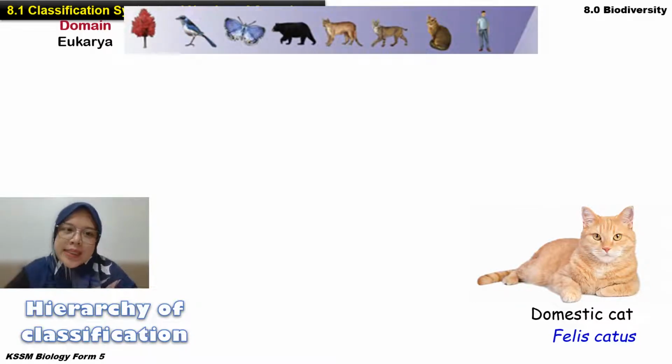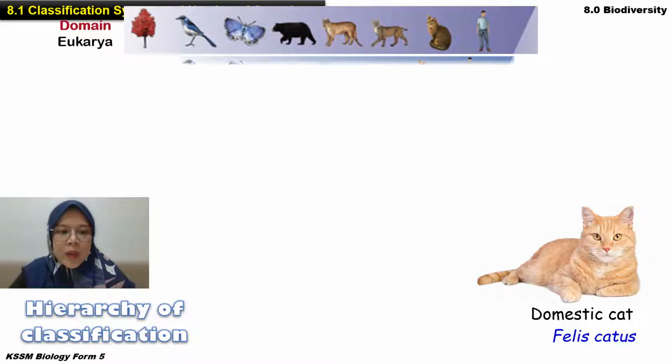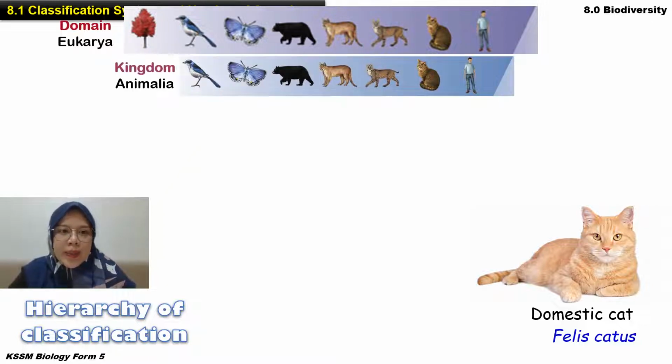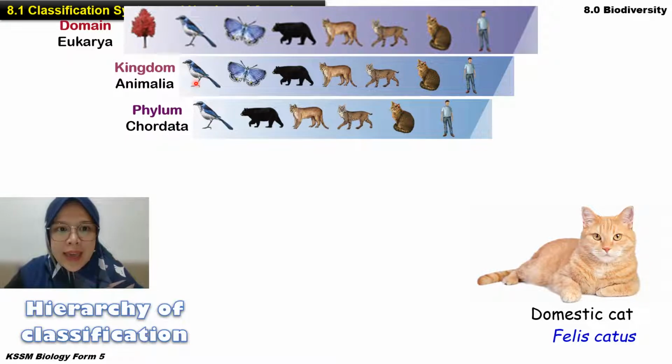So this is the domain Eukarya. Under the domain Eukarya, we have kingdom Animalia. Can you see the triangle there? Everything here is mixed: there are trees, birds, butterfly, animals, and also humans. These are all considered as domain Eukarya. But we want to focus on the kingdom Animalia, so that's why the 3 are not included in the kingdom Animalia. And then we have